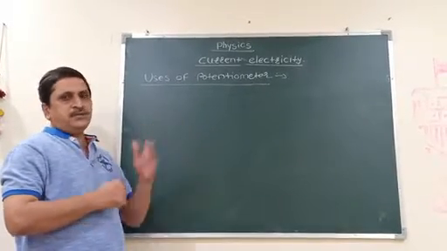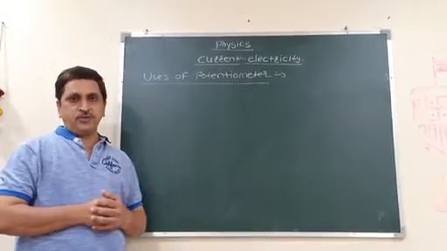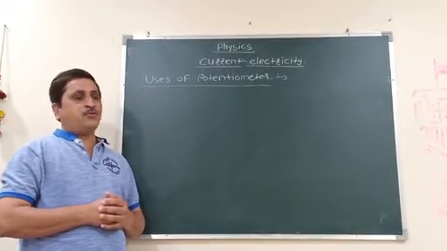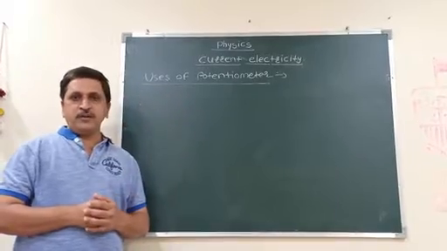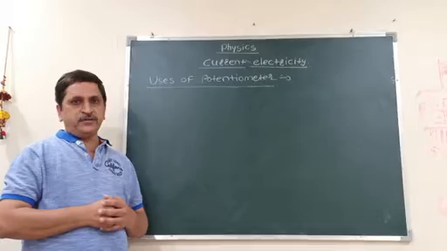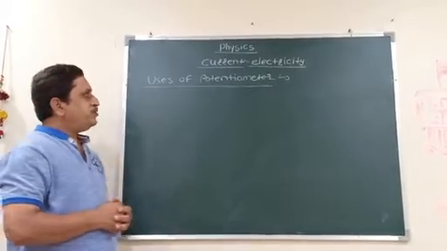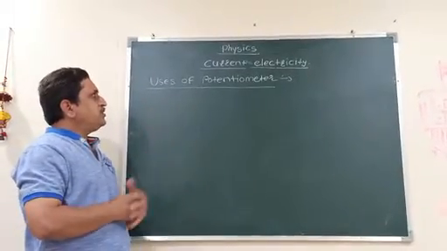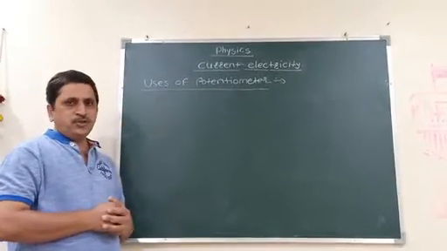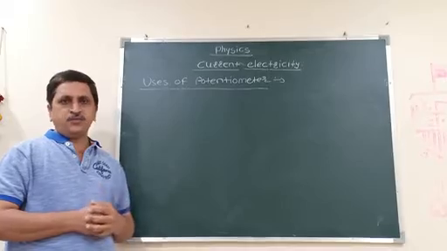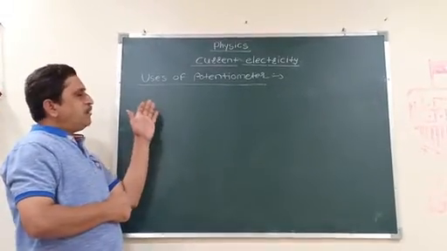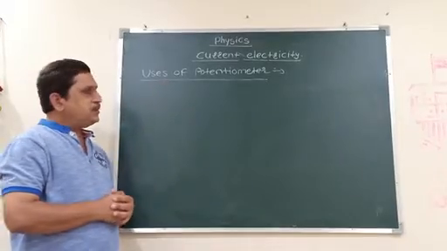Then after that, we have seen the concept of potentiometer. That means if the constant current is passed through the potentiometer wire, then the potential difference between any 2 points of the wire is directly proportional to the length of the wire between those 2 points. Then after that, we obtain one equation by the principle of potentiometer. Then how we can use potentiometer, or for what purpose we can use potentiometer, we have seen. In that case, we have seen some applications or uses of potentiometer.